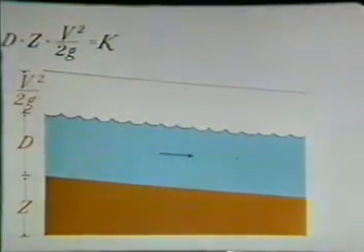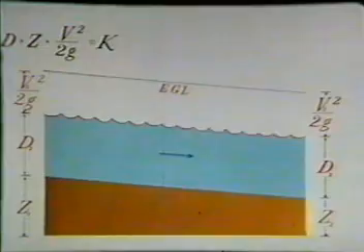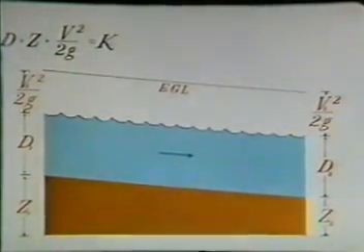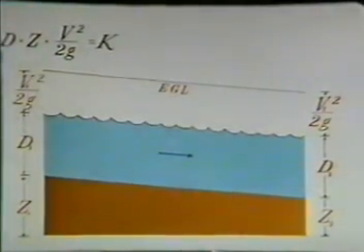The third term is the velocity head. It represents the kinetic energy in the system. The sum of these terms determines a point on the energy grade line. If there's a steady uniform flow, velocity does not change with time nor distance, and the slope of the energy grade line will be parallel to the water's surface. We know steady uniform flow does not exist in nature, but the assumption often is a good enough approximation.